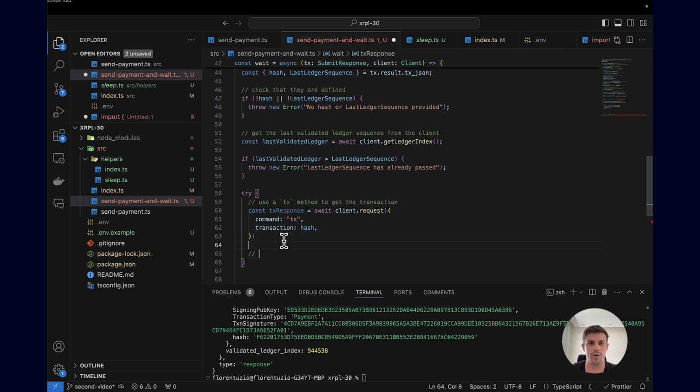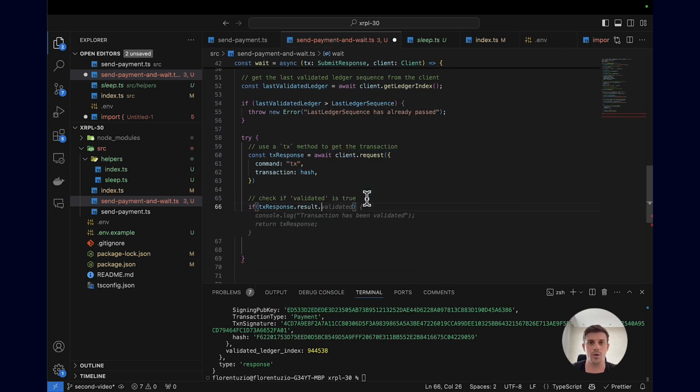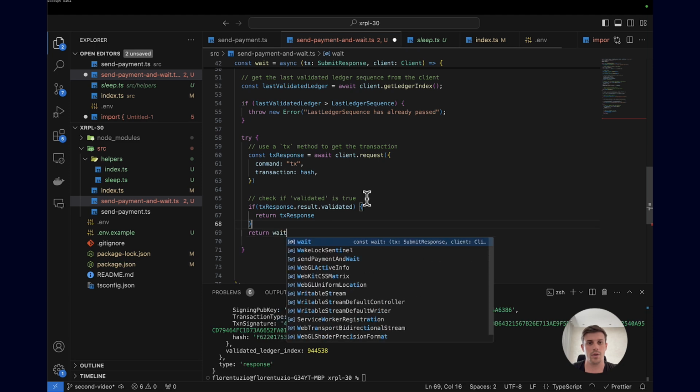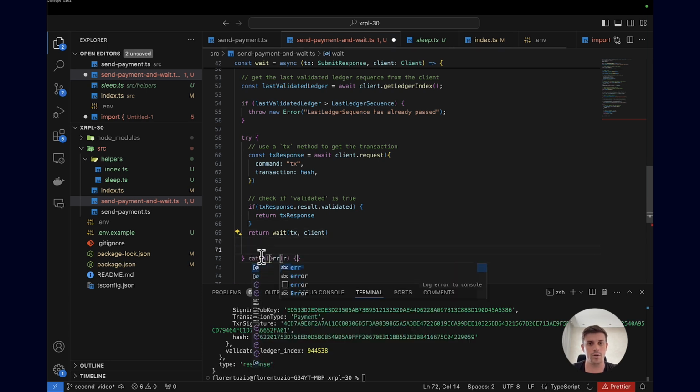So here we are checking if the validated field is true. So if transaction response dot result dot validated, we will return the transaction response. If not, we can just loop again and wait to see for the next iteration if the validated field is true. All right, I'll just add a catch block here for now, the error